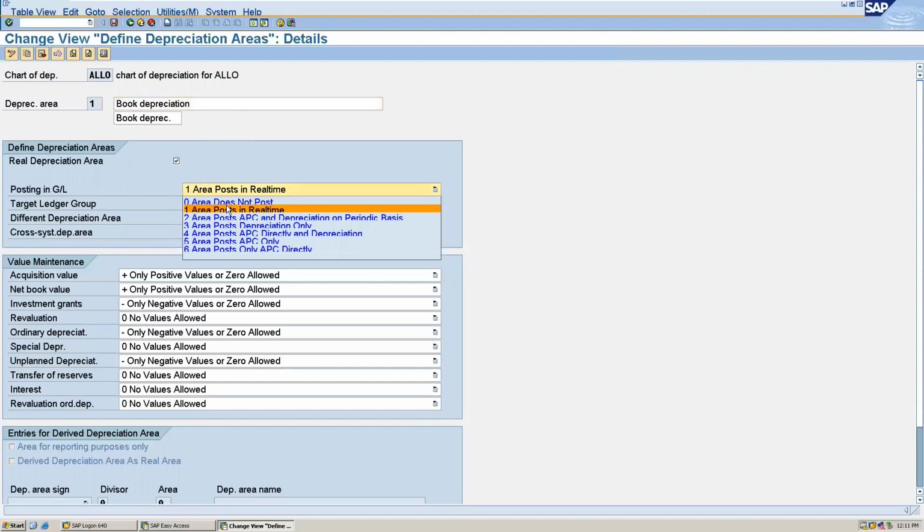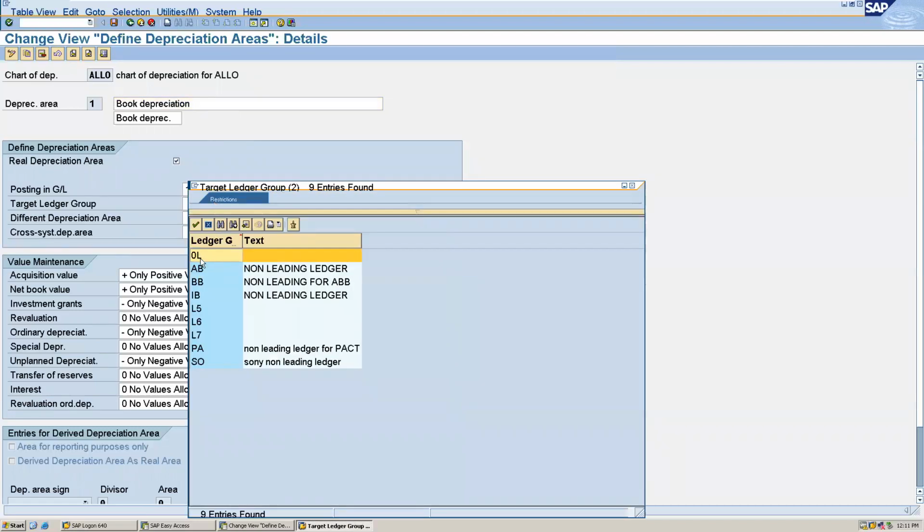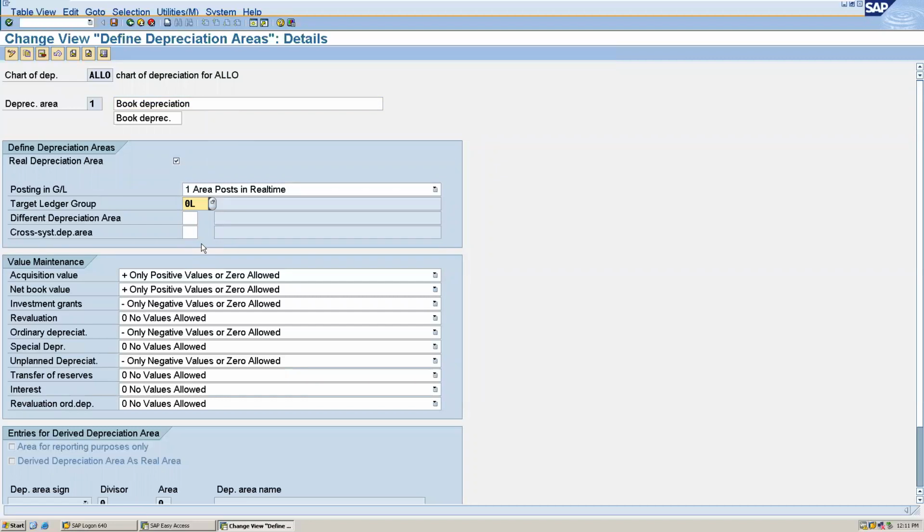This is the one we have to give for book depreciation. And for the derived depreciation, it will be area posts depreciation only. So here we can select area posts in real time. And after that, we have to define the leading ledger, this one. Okay, this is the leading ledger. And if you're maintaining delta depreciation, you can give a different depreciation area here. You can select from here. After that, save.